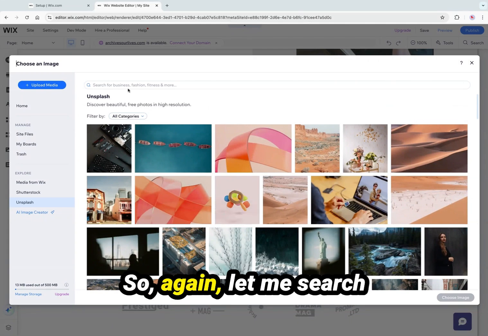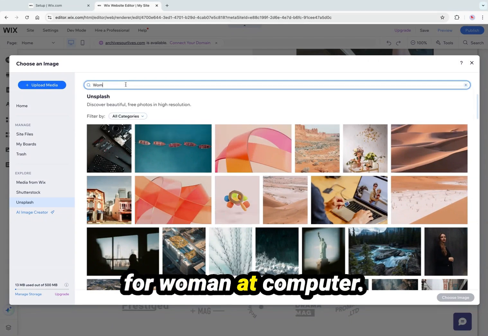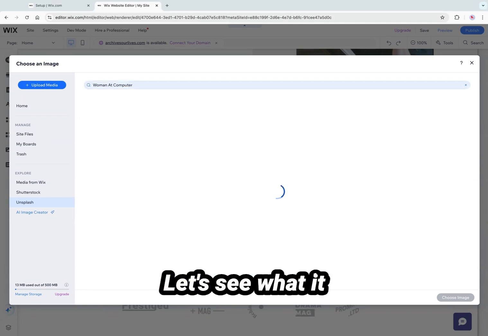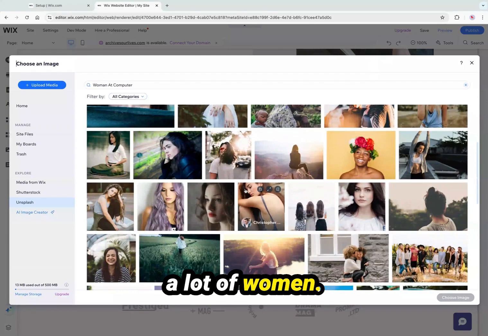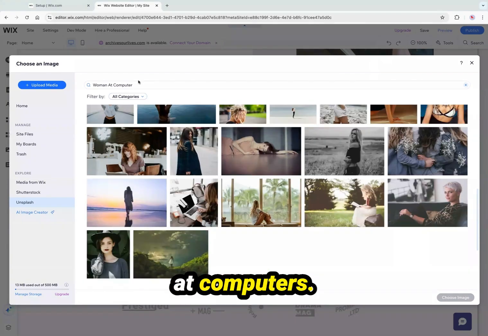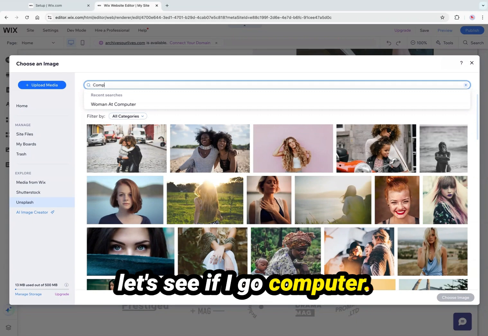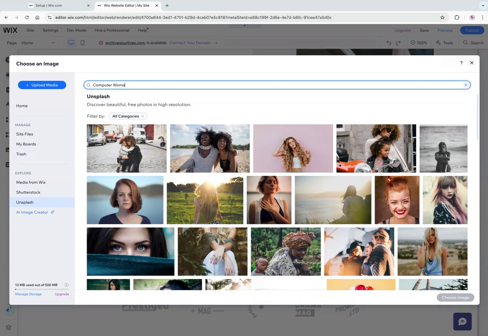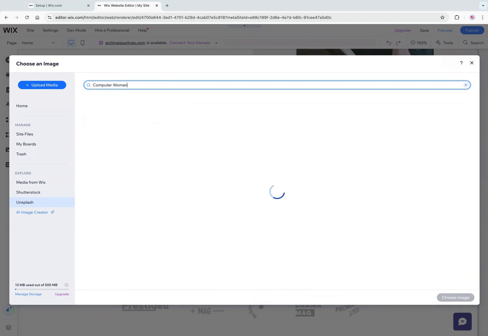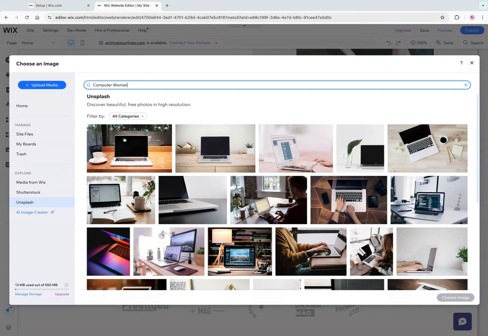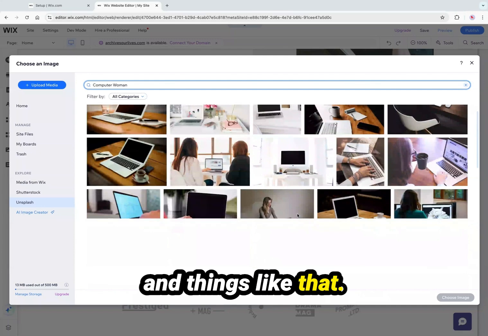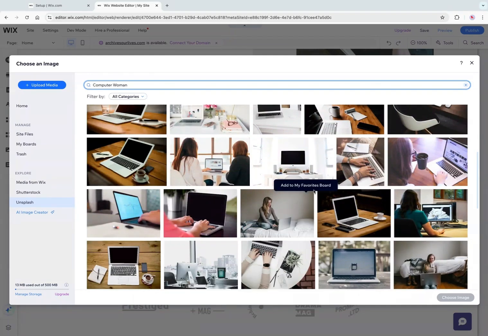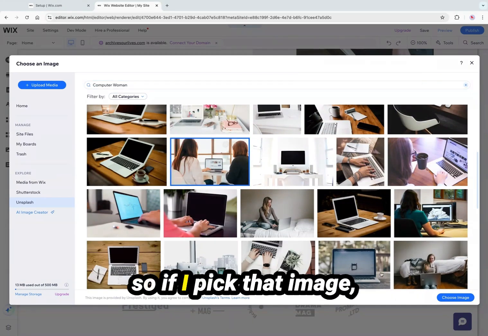So again, let me search for woman at computer. Let's see what it comes up with. It comes up with a lot of women, not so much women at computers. Let's see if I go computer woman. Now we got a lot of shots of computers and hands and things like that. That's not bad. Those are pretty good. So if I pick that image,